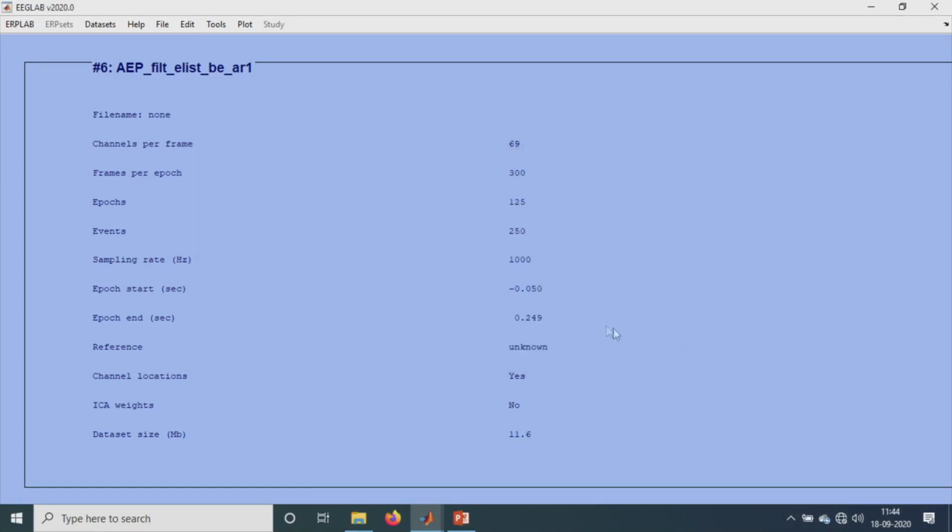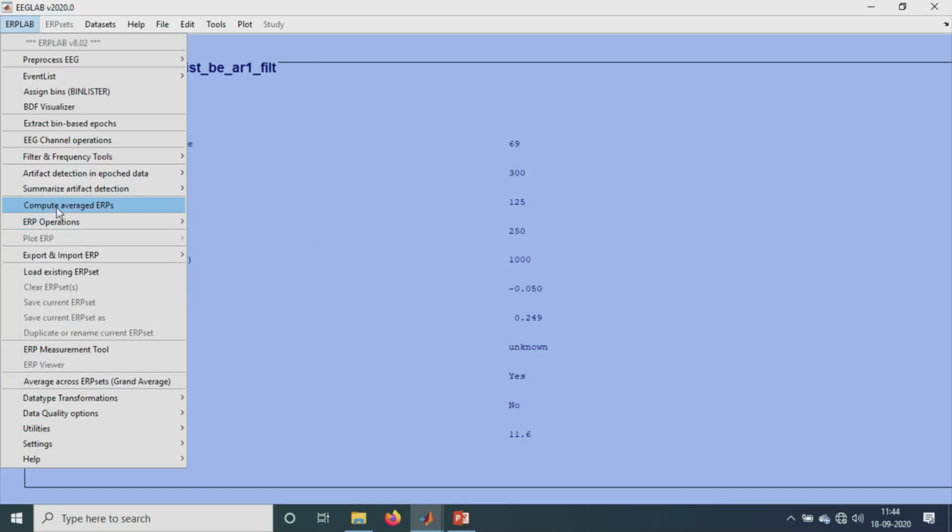As you apply, you will have the filtering being done. After these filters, we now have a total of 125 epochs. Now these 125 epochs I want to be averaged all together to obtain the ERPs. Each of these time epochs we have to average together and get one particular waveform. That is the averaging step. So here we do this Compute average ERPs.